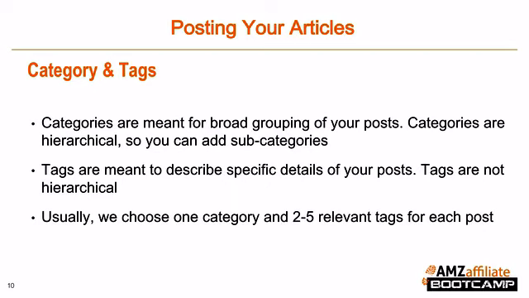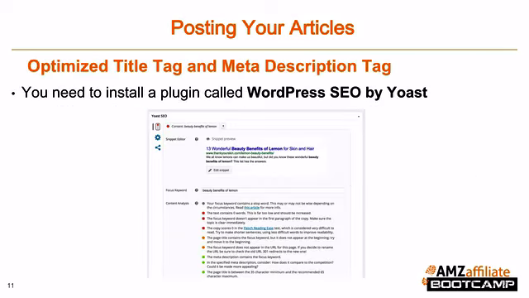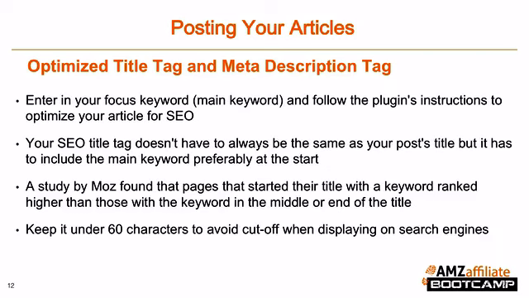Usually we're going to choose one category and 2 to 5 relevant tags for each post. The next important thing to do is to optimize the title tag and the meta description tag. So you're going to want to install a plugin called WordPress SEO by Yoast first to do this for you. You're going to enter in your focus keyword, which is the main keyword, and follow the plugin's instructions to optimize